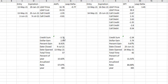So you can see I've received a little bit over $3 in credit, which results in a dollar gain of almost $300, which should take up to 57 days for this most recent call to expire, which would result in a 57% gain over the course of the year if this rate of profit continues all the way through the end of the year. I also have a LEAP here in the S&P, doing the same thing,